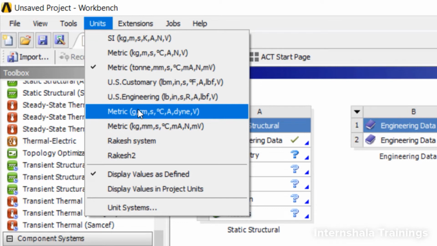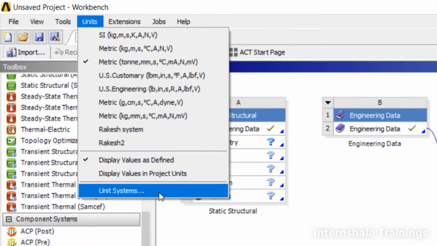Because if we are working on a global scale, in one country a simulation engineer may follow inch, pound, second, and in another country they may follow meters and other sorts of things. So there will be a mismatch of units which may lead to the failure of the total simulation project. That is why, if there is any necessity, you can create your own units and export them to a file, and send that file to another person so that he can load that into ANSYS Workbench, and both of these people are going to work with the same units. So in order to create the units, I need to go to the unit system.